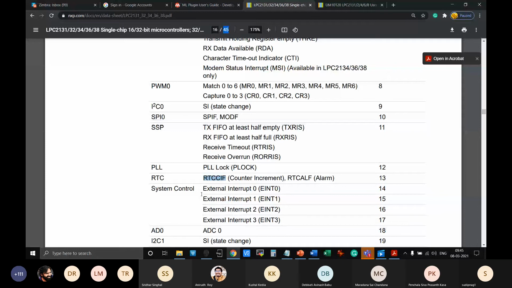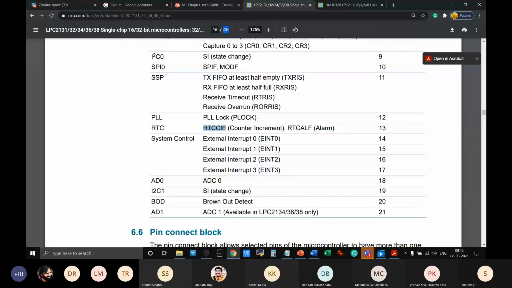Then ADC interrupts are available. Two different ADC interrupts having different numbers. Why ADC 0 and 1 are side by side or one after another depends on the choice of the manufacturer again. But more importantly, I can tell you that ADC 0 is given a slightly higher priority. For critical signals, you should connect only to ADC 0.